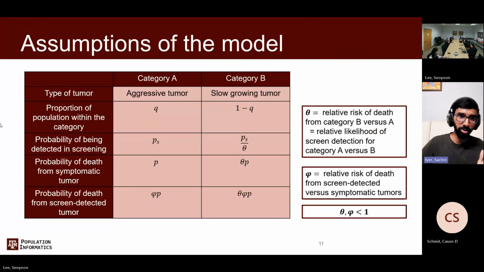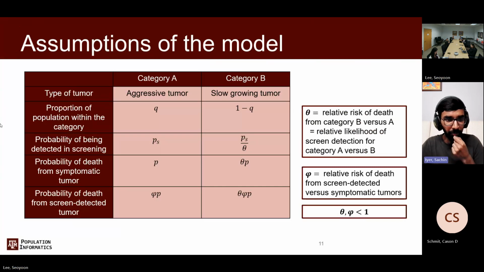So category A tumors, which are the aggressive tumors, are assumed to make up a Q proportion of the population, and 1 minus Q will be the proportion of the population within category B. That is, 1 minus Q is the slow growing tumor and Q is the fast growing tumor. In the literature which we followed, the estimate for Q which was used was around 20%. So around 20% was assumed to be the population with aggressive and 80% with a slow growing